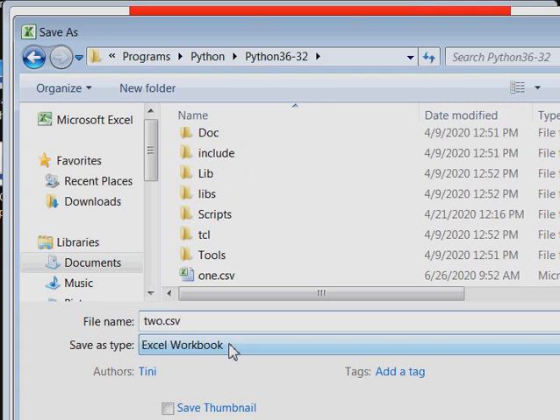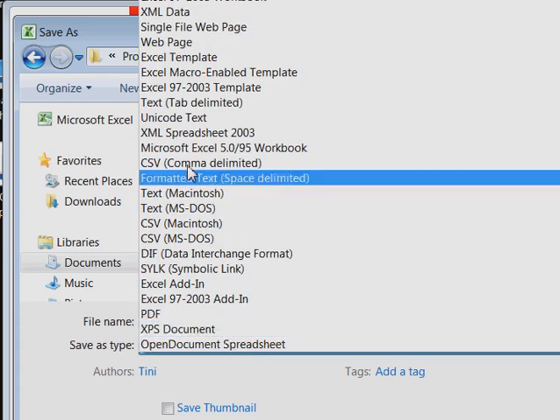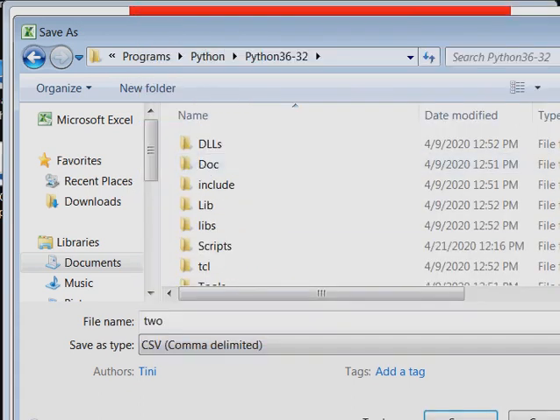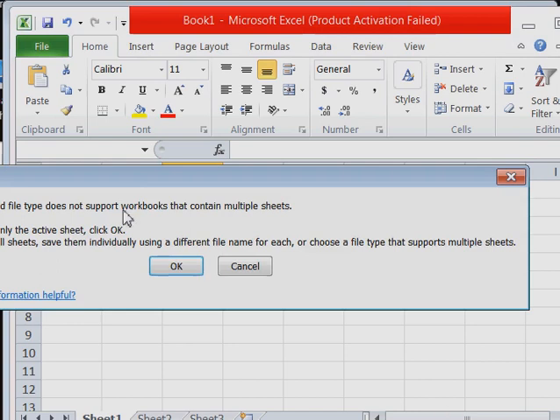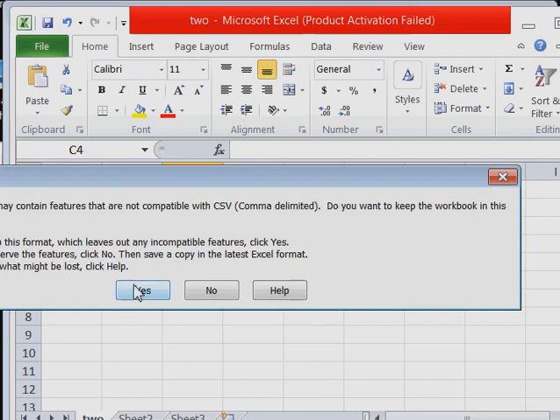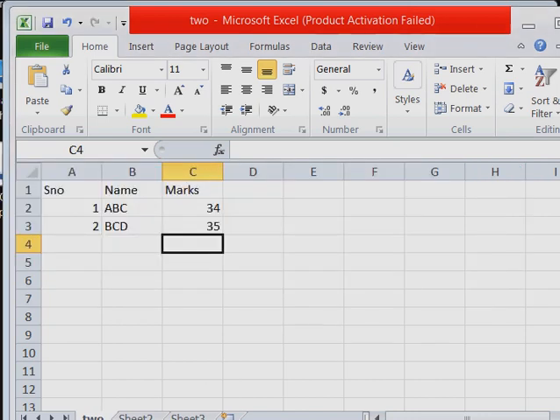You can even skip the extension, but remember the save as type should be CSV comma delimited, and then save. It will ask you something; press OK and press yes. In this way you can create a CSV file in MS Excel.